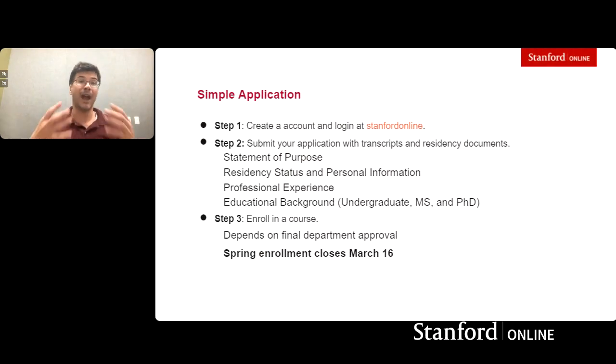In terms of how you can take these courses, you do need to apply for these courses. As I said, you are approved on a course-by-course basis, so you're not admitted into any program. Your application is kept on file, and every time you want to enroll in a course, your application will be resubmitted. As you begin to take courses, it will be resubmitted with your Stanford transcript, and it will be reviewed by the relevant department. Each department has different department-level standards, and then there are, of course, the prerequisites for the course.